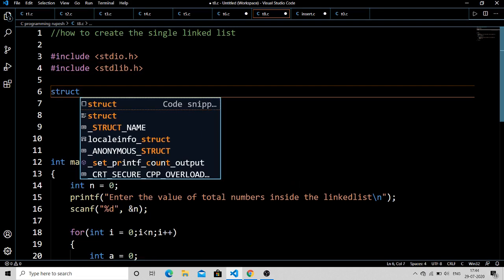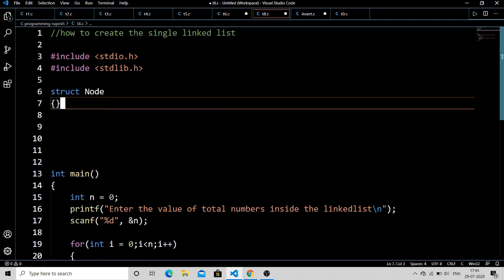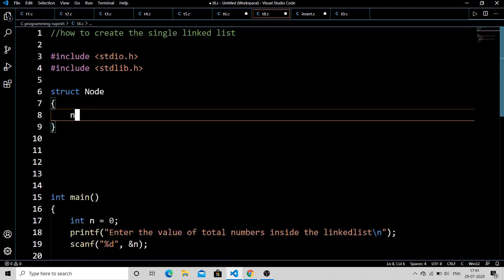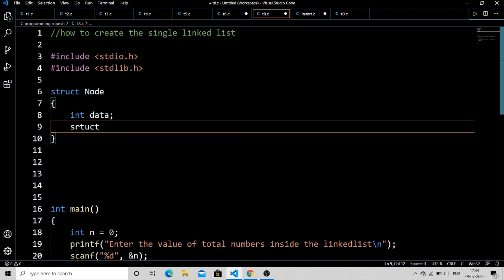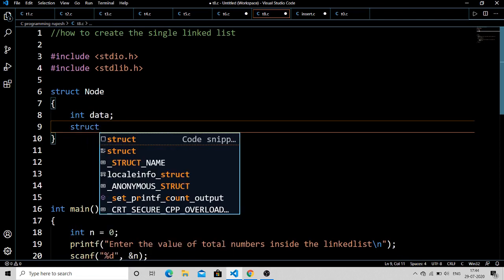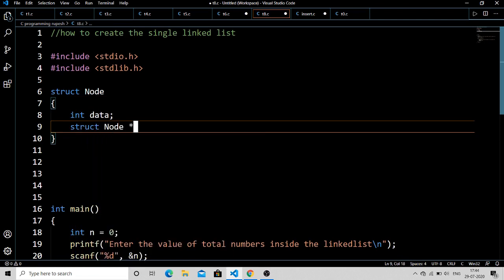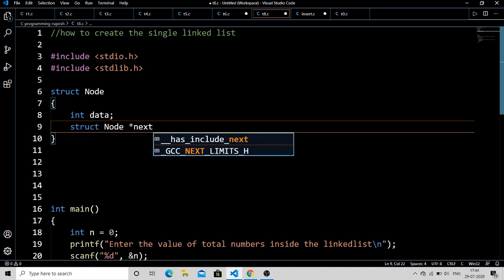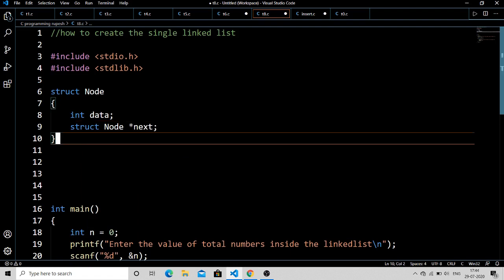After that I am going to define my own user-made data type: the first member will be data of integer type and the second will be a pointer to the next node, whose name is next.